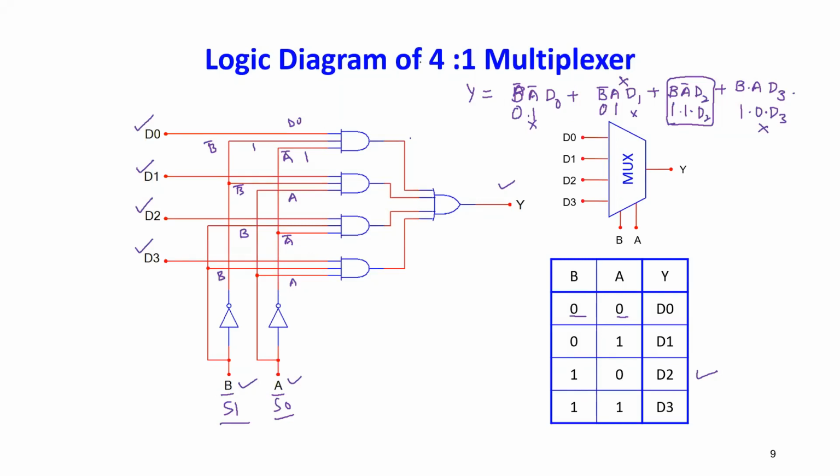And why are we doing this entire exercise? Because we are using the AND gate. The AND gate is being used, and then followed by that, all the outputs are being combined into the OR gate, and you're getting output here. But at a moment, only one is being there. So this is all about your multiplexer.